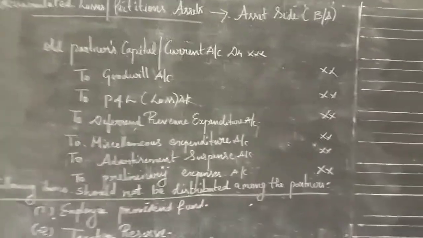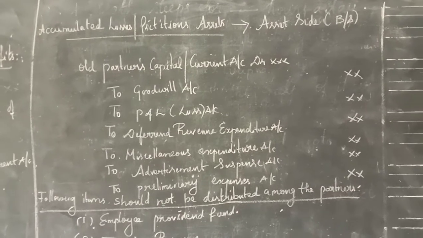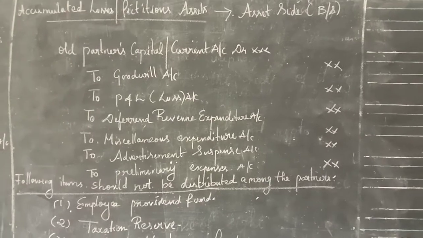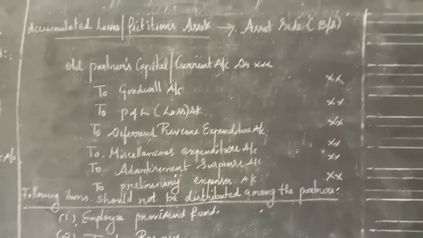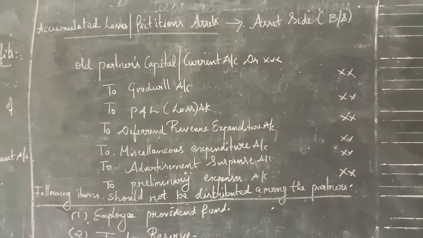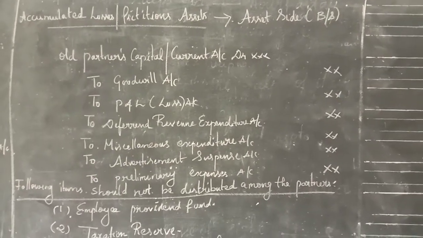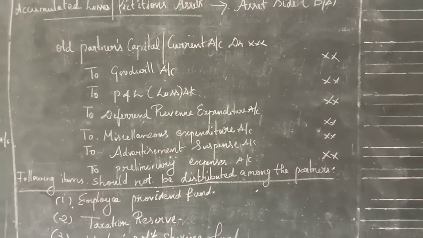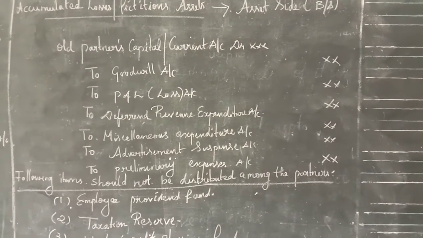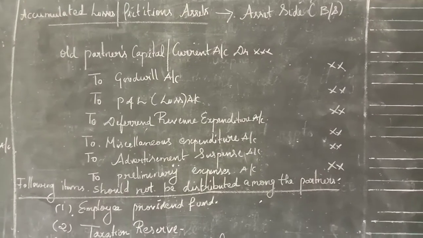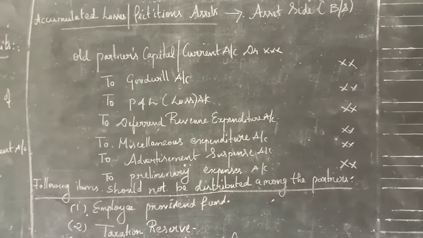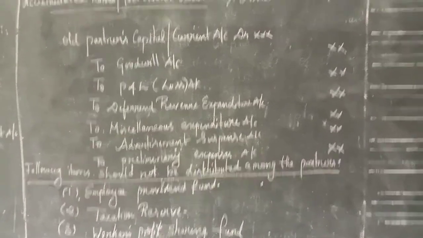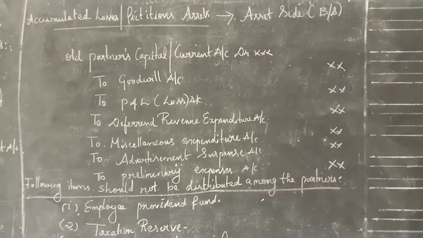So what is a fictitious asset? That is the goodwill, if the goodwill is appearing in the old balance sheet. Goodwill and other accumulated losses appear on the asset side of the balance sheet. So what is the journal entry? We have to debit the old partners' capital or current account, and we have to credit all these accumulated losses